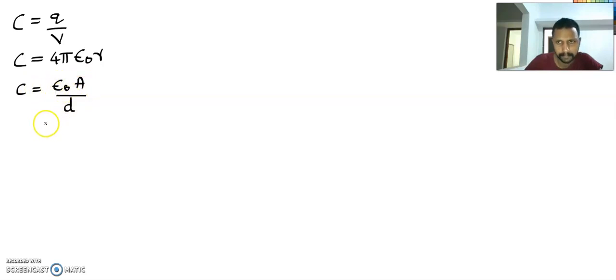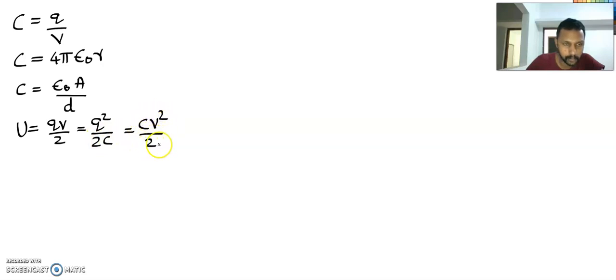Can you recall the expression for energy stored in the capacitor? There were three expressions. Energy stored in the capacitor is QV by 2, Q square by 2C, and CV square by 2. These are some important expressions that you have to remember regarding capacitors, and we have learned many expressions other than this also. Therefore, at least remember all these things, because most of these expressions are required in